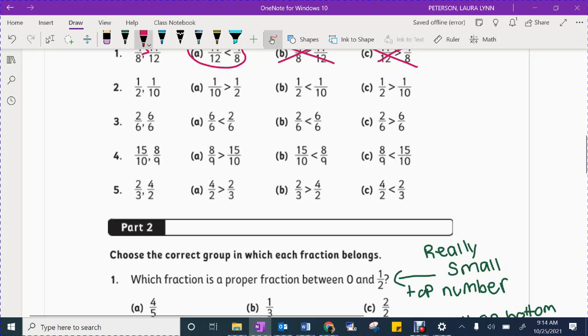Question 2. We are comparing fractions 1/2 and 1/10. Well, 1 over 2, let's see, 1 is smaller than 2, so that makes this a proper fraction. And 1 over 10, well, 1 is also smaller than 10, so that makes this also a proper fraction. When we have 2 proper fractions, I need to use my cross multiplication to decide what is actually